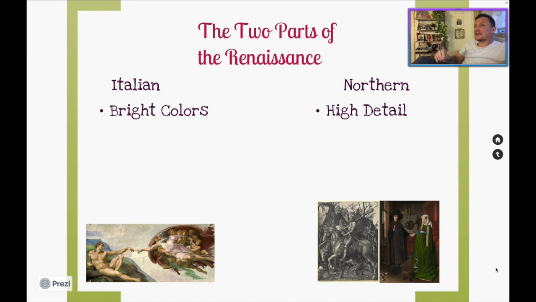Whenever you get into actually studying these different artworks, we will talk about them a little bit more as we go forward. We will discuss what it means to be different between Italian work and Northern work and where they came chronologically next to one another, especially when we get into our presentations.